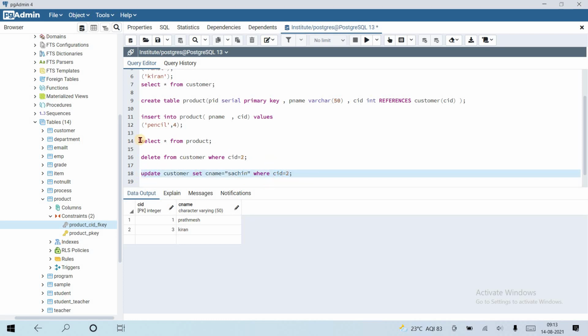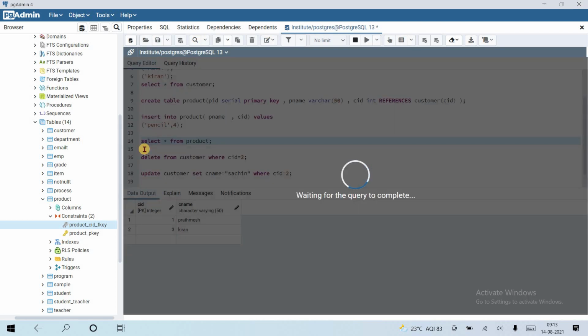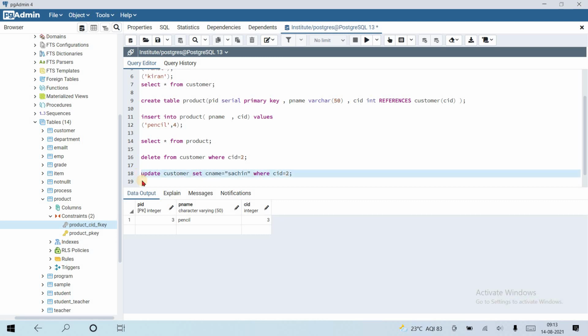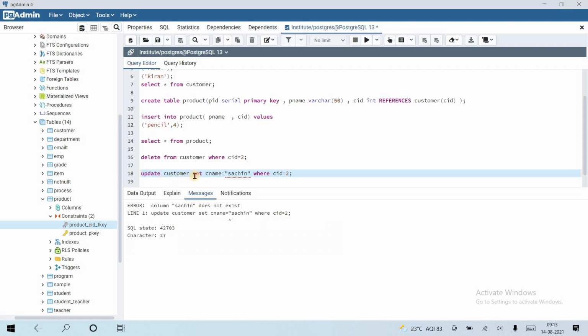So let's first check which customer ID is used in the product table, 3. Let's try with first 2. Is it going to work or not? Oh, column Sachin does not exist. Set cname equal to Sachin.